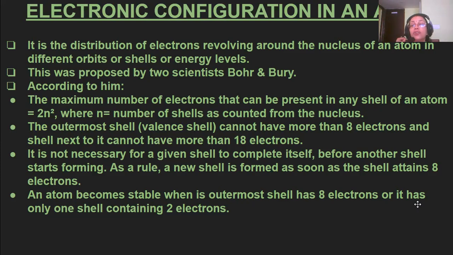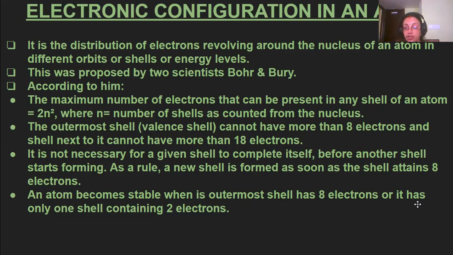It is not necessary for a given shell to complete itself before another shell starts forming. According to this theory, it is not necessary to complete a shell. It is not that you have to complete the total number of electrons which has to be present in one shell, and then go to the next shell. No, that is not a hard and fast rule. The atom can have some electrons in one shell, and the next shell also can have some electrons,